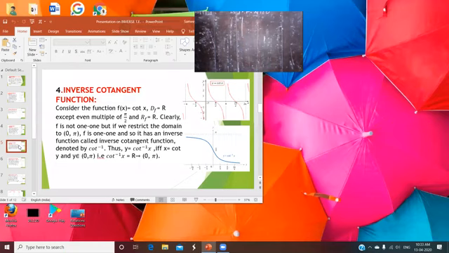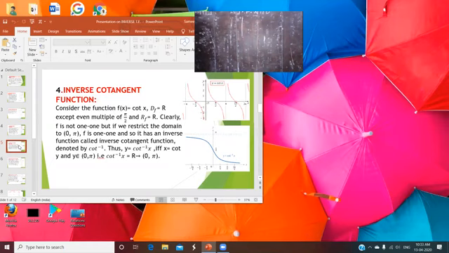Why do you sometimes say even multiples and sometimes odd multiples of pi by 2? The reason is that tan pi by 2 is not defined, it is infinite. And pi by 2 means 1 into pi by 2. For odd integral multiples of pi by 2, meaning 3 pi by 2, 5 pi by 2, 7 pi by 2, tan x is not defined.